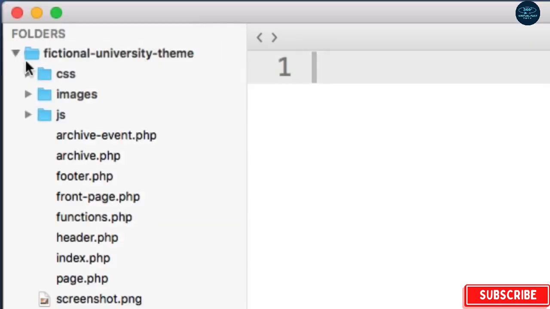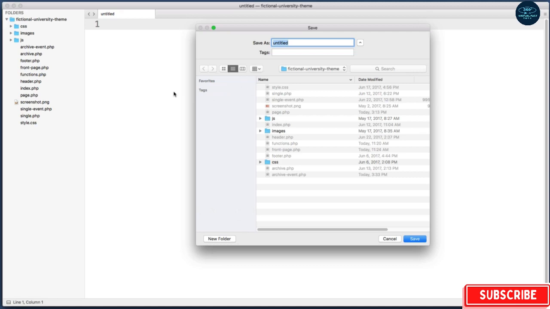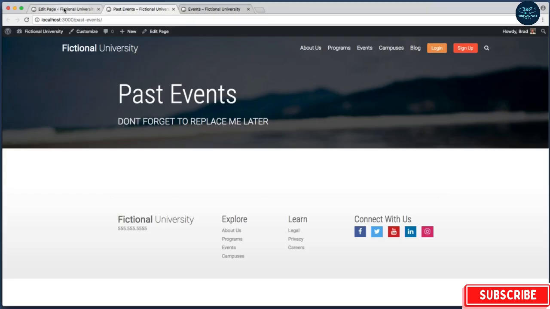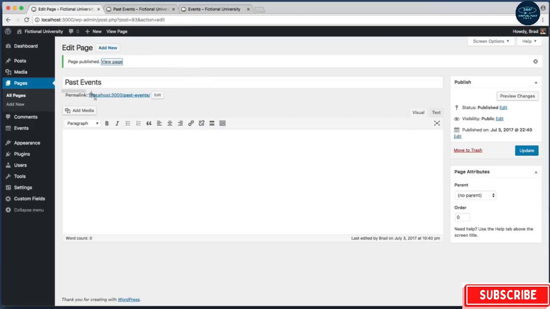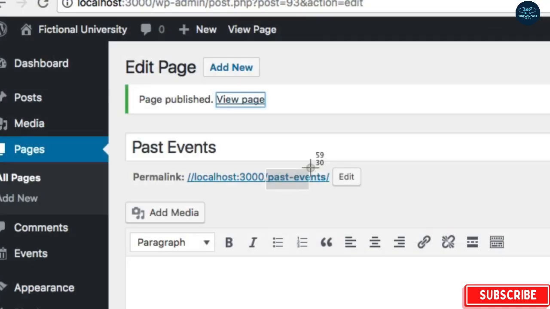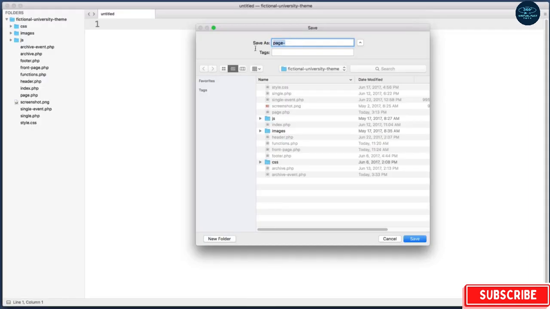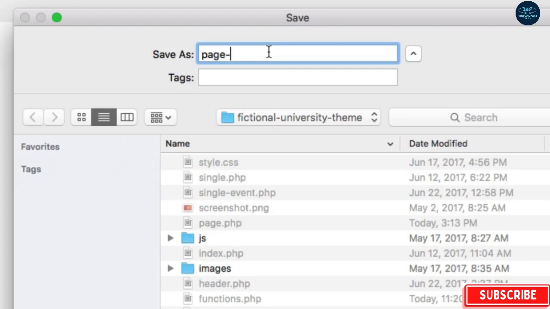I want you to create a brand new file, and the name of this new file is very important. I want you to name it page and then a dash, and then the name of the slug for that page that we just created. If you can't remember what a slug is, right here on the edit screen, see this permalink, the bold part that's at the end is the slug for that page. So in this case the slug is past-events. So back in our text editor, let's name this new file page-past-events.php, and then just as a test, I want you to type out